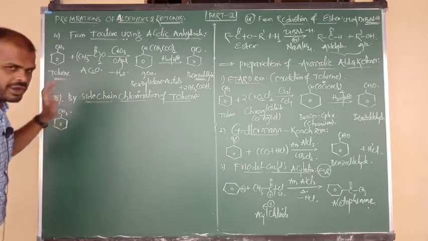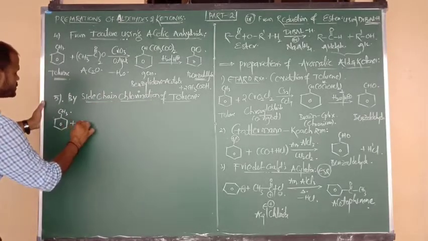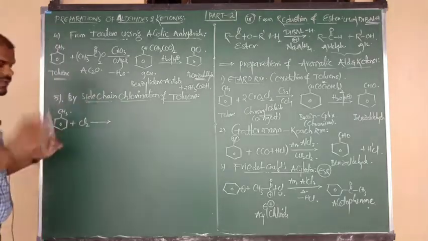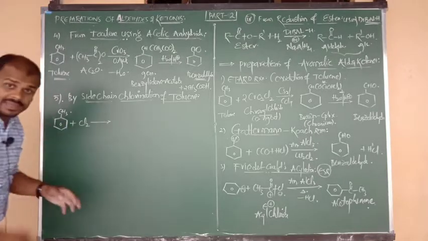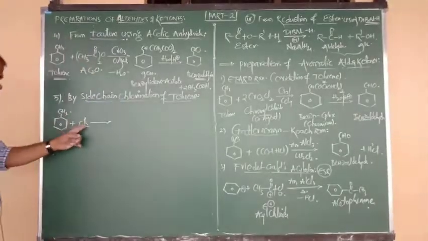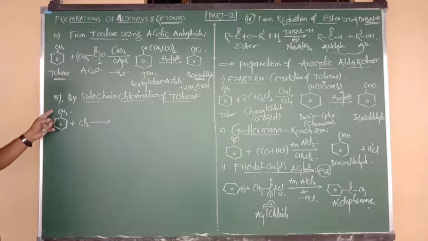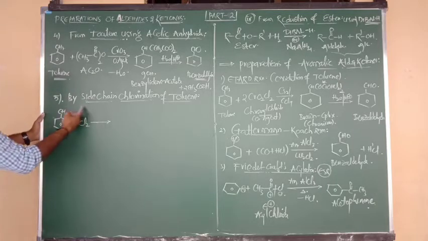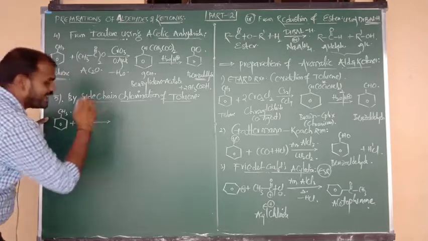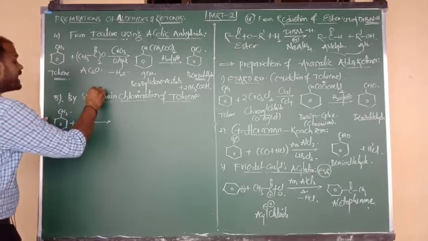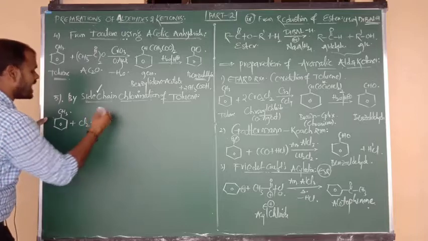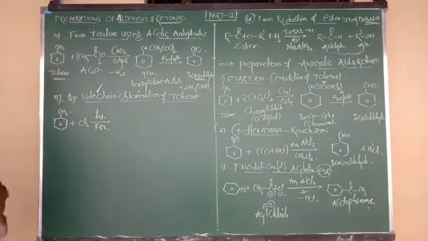Toluene undergoes side chain chlorination. What do you mean by chlorination? Addition of Cl2. But chlorination can take place upon the benzene ring. Listen carefully. Chlorination upon benzene means anhydrous AlCl3, electrophilic substitution. But here, do you require chlorination upon benzene or upon the side chain? Once again, carefully: attack of chlorine upon benzene takes place in presence of AlCl3. But here we require chlorination upon the side chain. Attack of chlorine upon the side chain takes place only in presence of sunlight. It is a free radical substitution reaction.